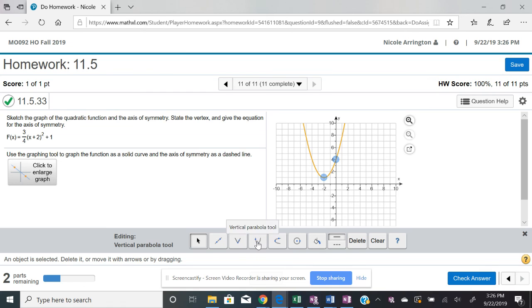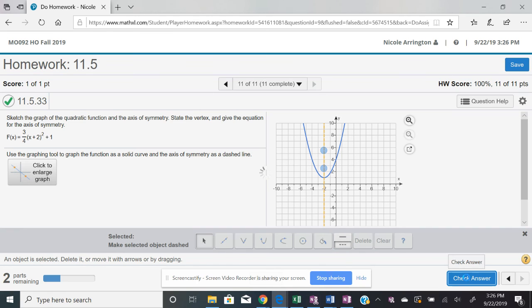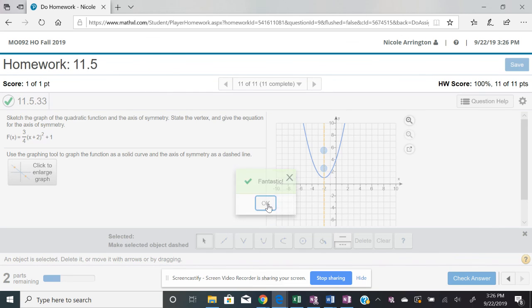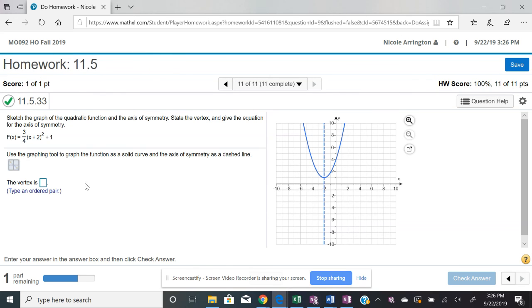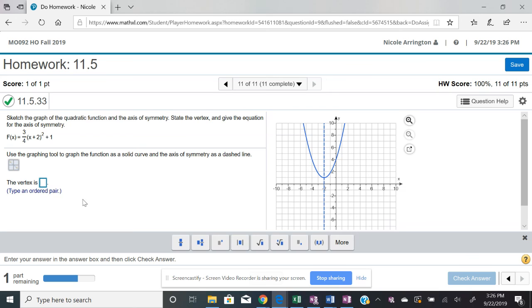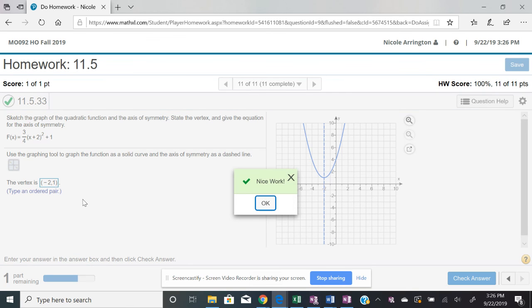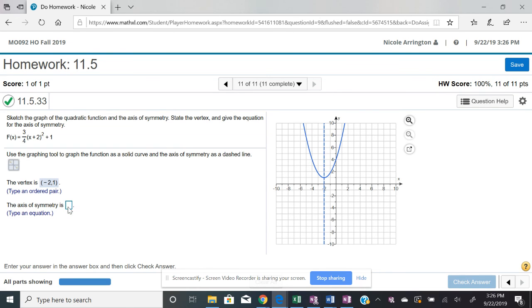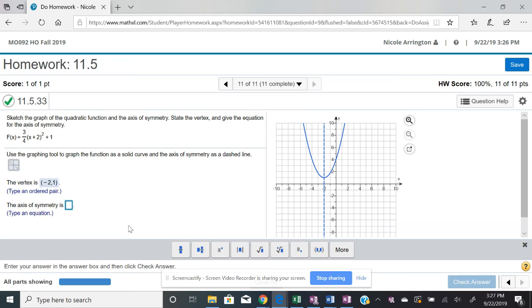Okay, but then I need my axis of symmetry. Again, if you go over here, you click off, you can come back, click here, and go, oh, dashed line. Check. Becomes a nice, beautiful thing. Okay, so we already found the vertex. That was -2, 1. And your axis of symmetry is x